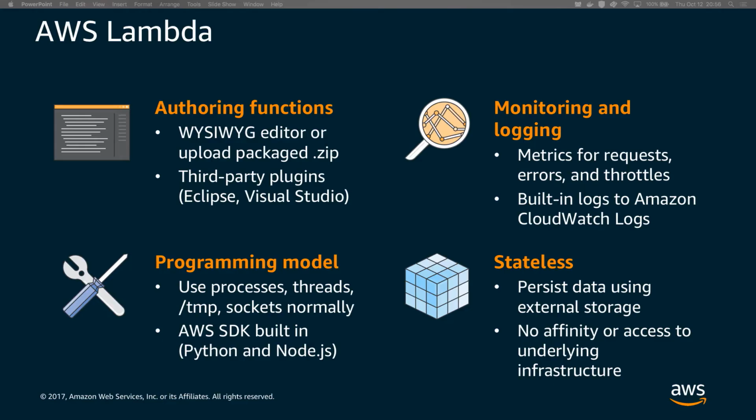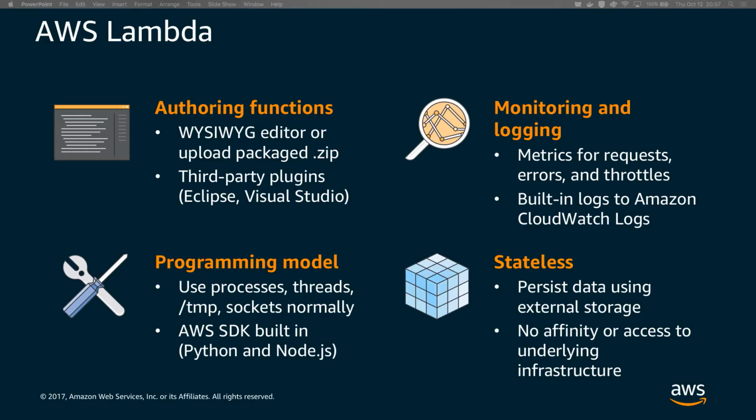But I think one of the key elements to think about with Lambda functions is they are stateless. So if you need some kind of persistent data storage, then use something like a Redis cache or DynamoDB, for example, to put that data somewhere else, because there's no guarantee that data will persist with Lambda. And it's got no affinity to any particular infrastructure. So you don't worry about that. You just worry about throwing up your function, really.